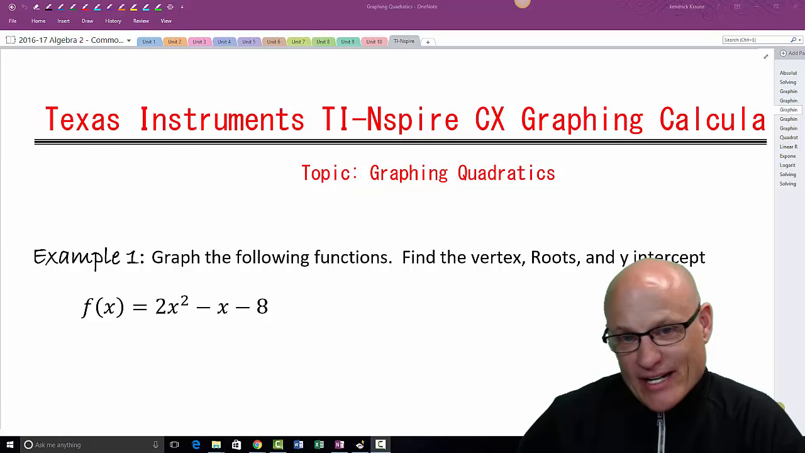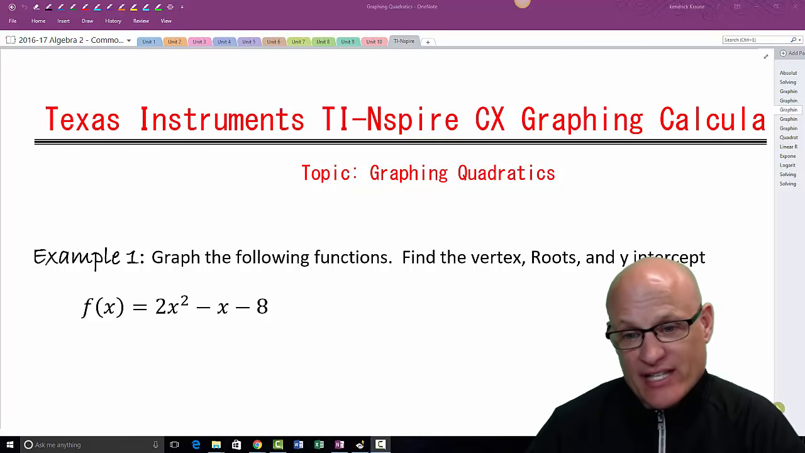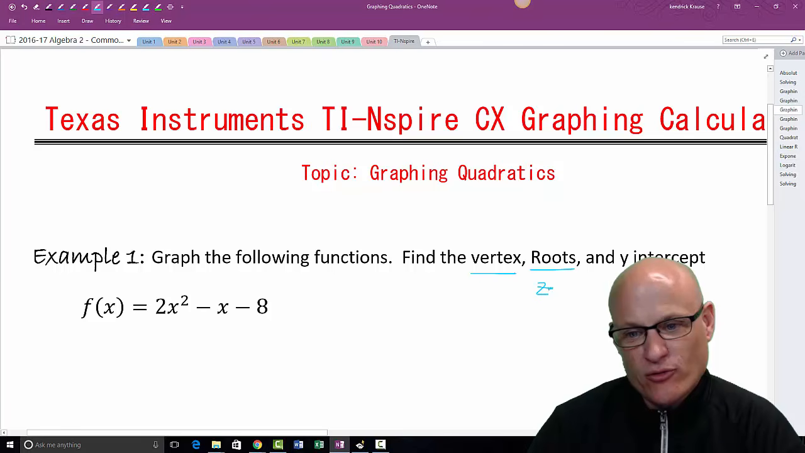So you want to know how to graph a quadratic on a TI-Nspire CX. Okay, but I'm going to show you a little more. I'm going to show you how to find the vertex, what the roots are, otherwise known as zeros, the y-intercept,